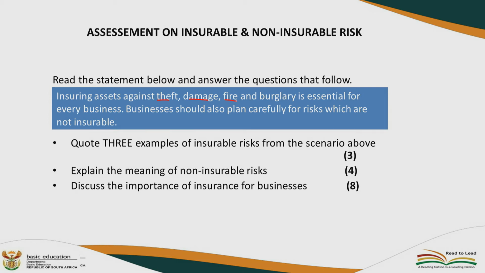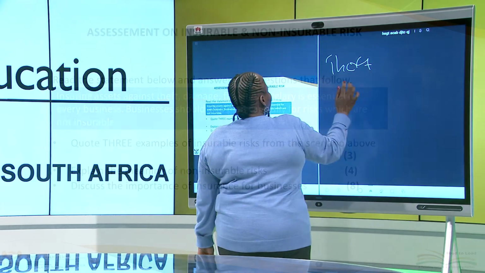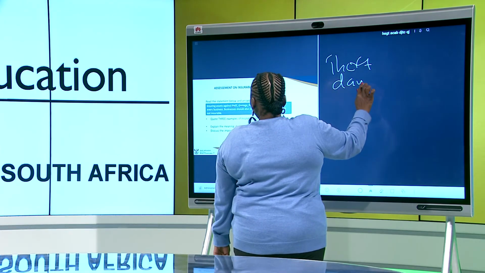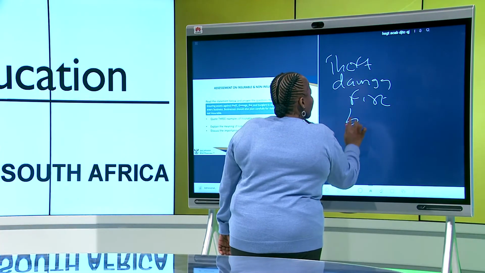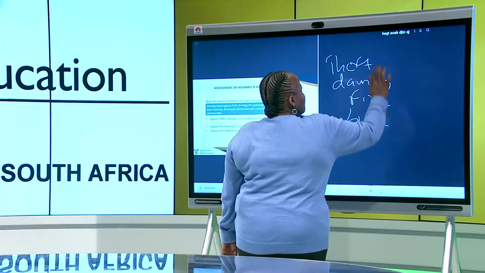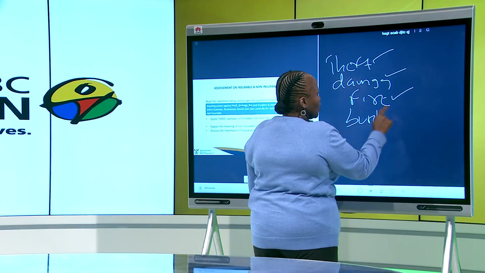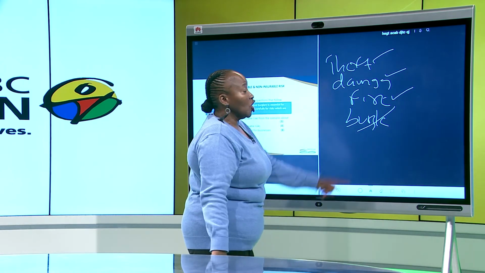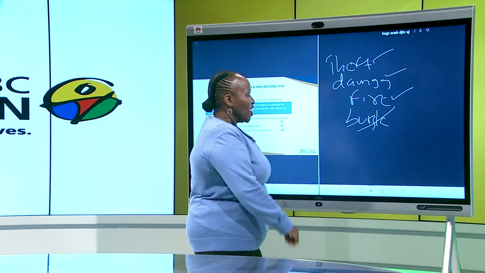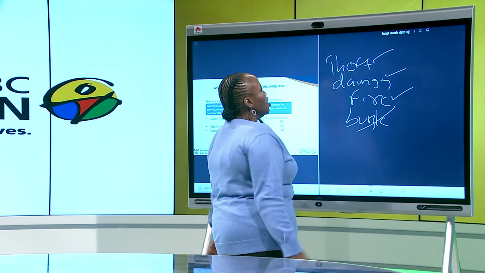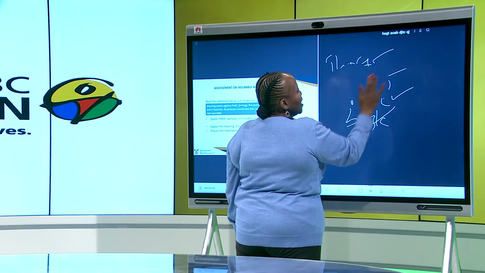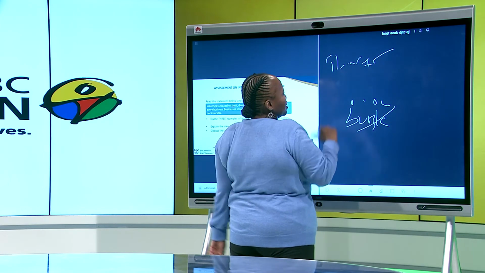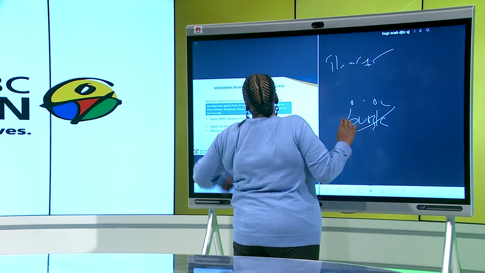You say theft, damage, fire, burglary. Marking principle, we mark the first 3. This one we cancel because you were asked to give 3. So even if sometimes the last one, maybe you decided to quote an incorrect thing that is not even in the scenario. You say